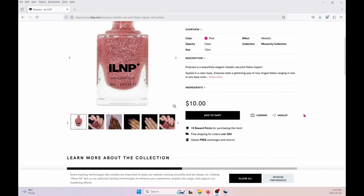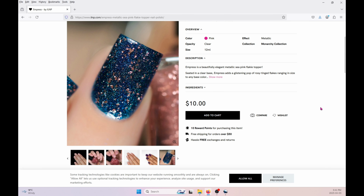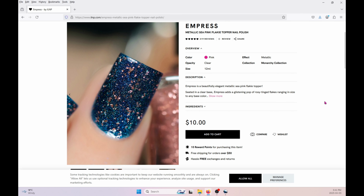But I saw this polish and I saw it over a blue. I think in the thumbnail it's over a blue. Yes, I believe that's what's used as the thumbnail. Oh gosh, do I like that so much. That is absolutely magical to look at. And I just thought, I have so many dark polishes, and these cute little pink flakes would really contrast with that really interestingly. And maybe if I'm going to try to ease myself into the thought of buying toppers,